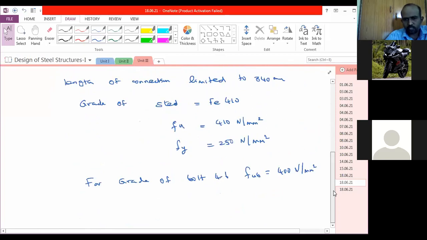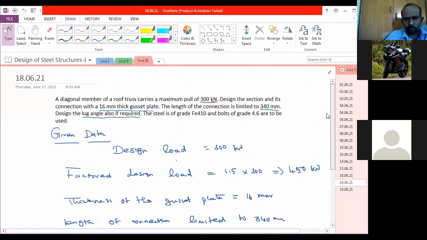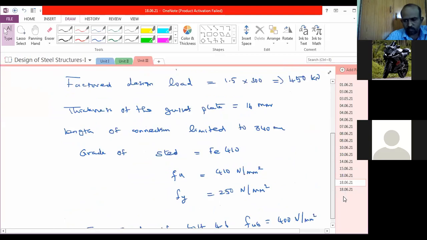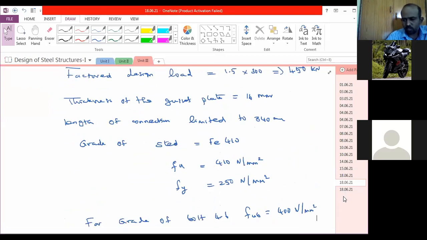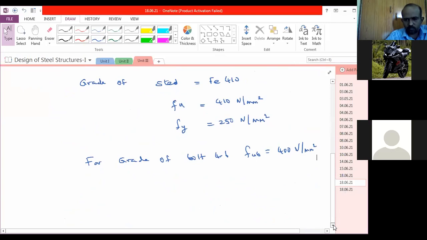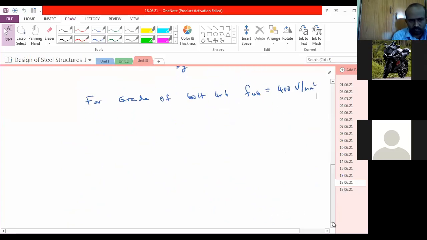So you need the overall perspective before starting any problem. You must know the overall perspective: how to do this problem, how to calculate, what procedure needs to be followed. That must come to your mind, then only you can do the problem. Here also we shall quickly discuss what procedures need to be followed, or what overall perspective needs to be adopted in order to proceed with this problem.